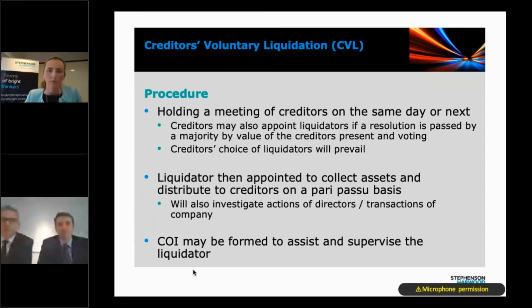I might just jump in quickly, Eloise, unless there's any questions you wanted to answer. We've received a couple of questions on the contractual outs piece that I was talking about. The first one that came in, there's an interesting question. If I receive a notice of force majeure, should I reject it as a matter of course unless it contains all of the elements, causation, mitigation, and timeliness? I think this one's really important.